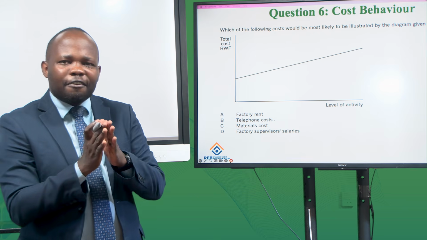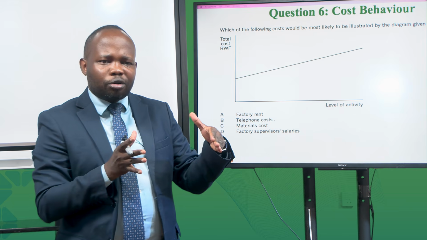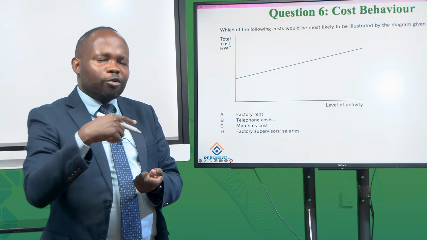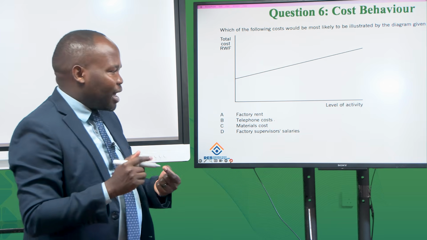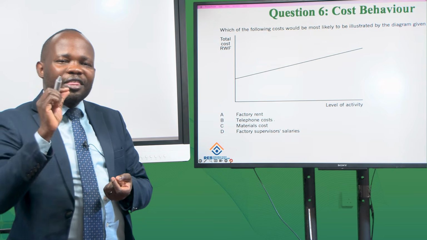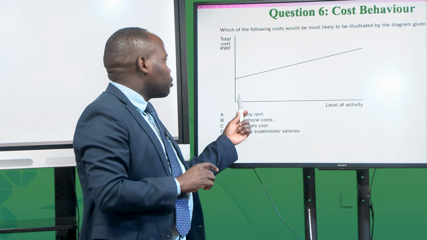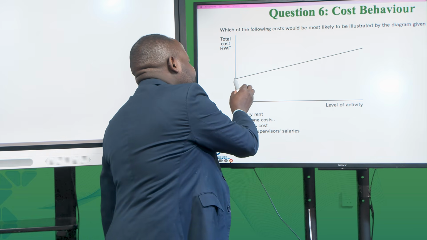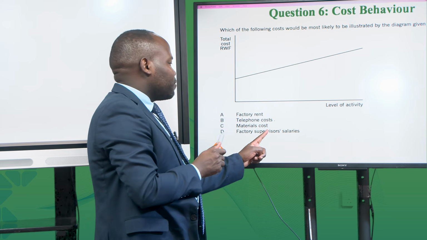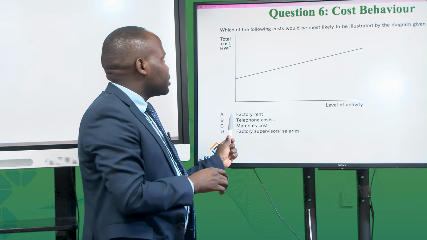Telephone cost has a fixed component, what we call a standard charge or fixed charge in telephone charges. Then the cost increases above the minimum as you consume more. As you make more calls, the cost increases, but there is a minimum that you must pay maybe per month or per day. So it is fixed up to some point, and then it starts increasing. Material cost is variable, and factory supervisor salaries is a stepped cost. So the correct answer is B. The next question,